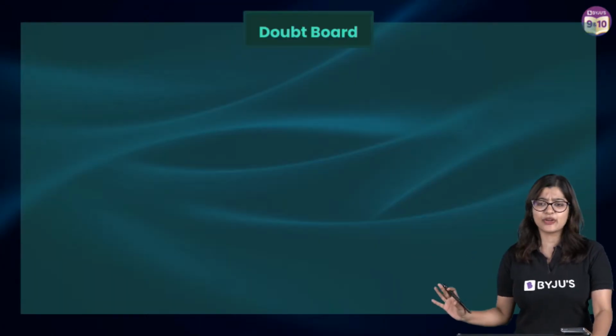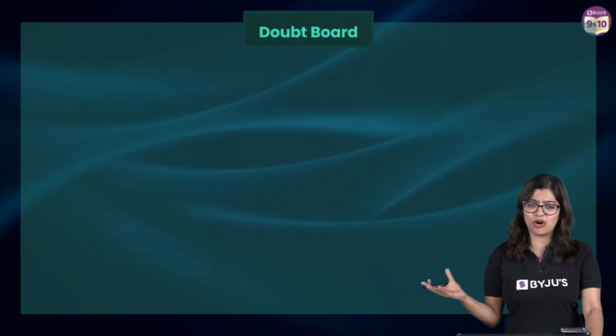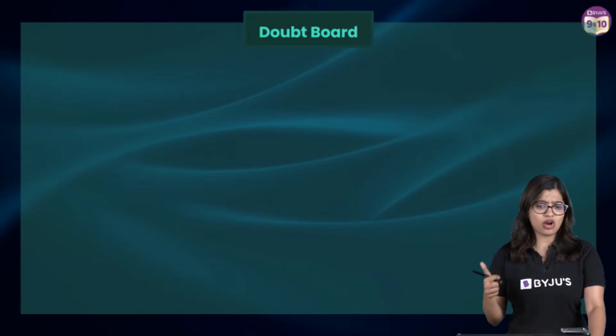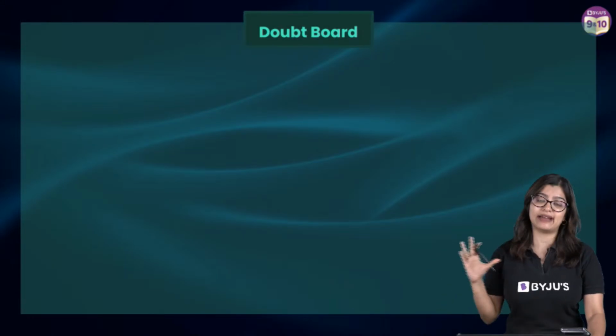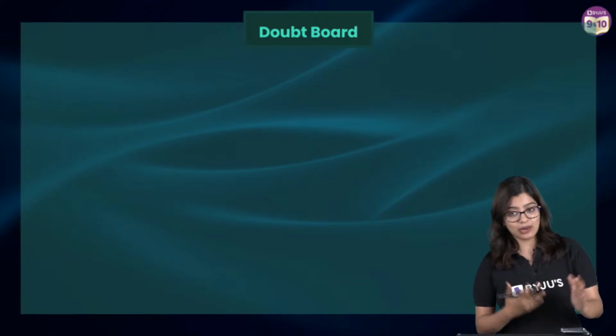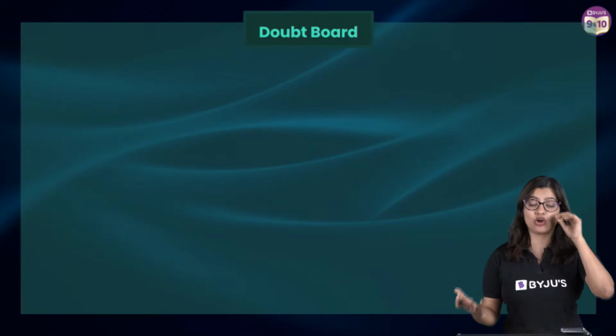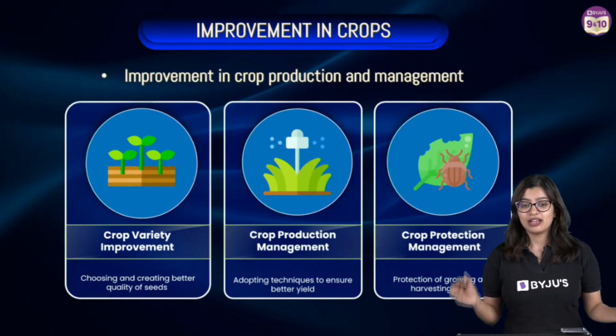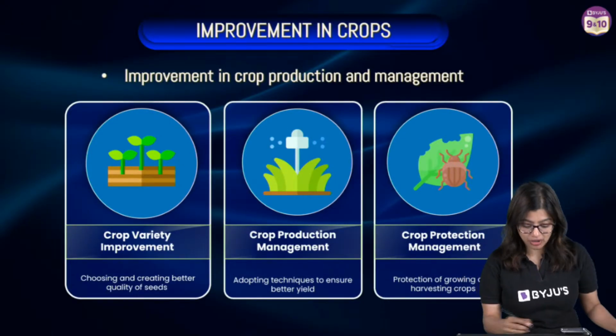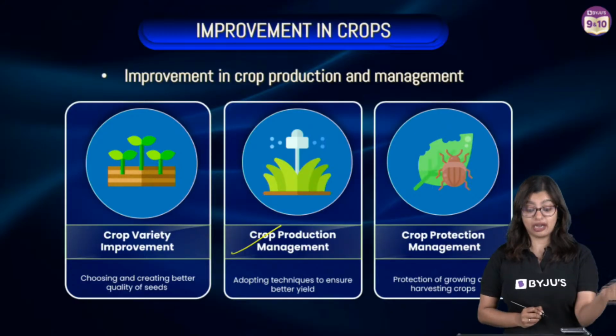So with this, I've already checked with you for a doubt board, but I think we are clear, right? All concepts are clear. We don't need any explanation once again. In case you have any doubts, I will keep clarifying as and when, but I guess most doubts I have answered as and when I have explained. Yes? Okay. Now we will move on to the second aspect of it, which is going to be crop production